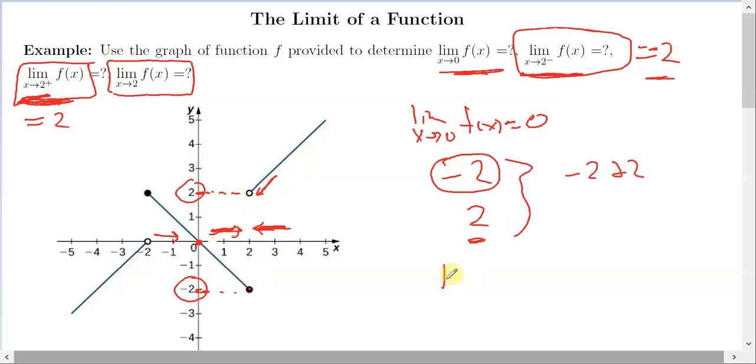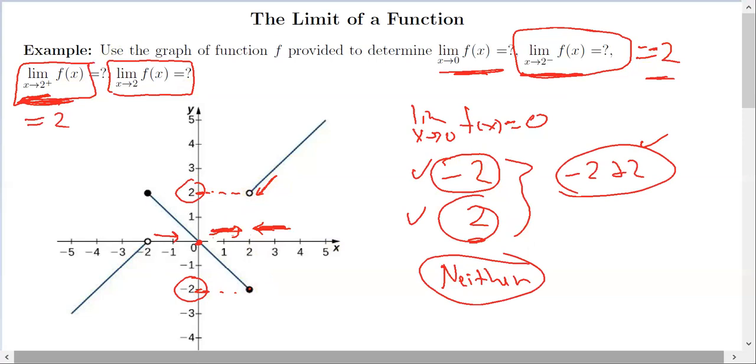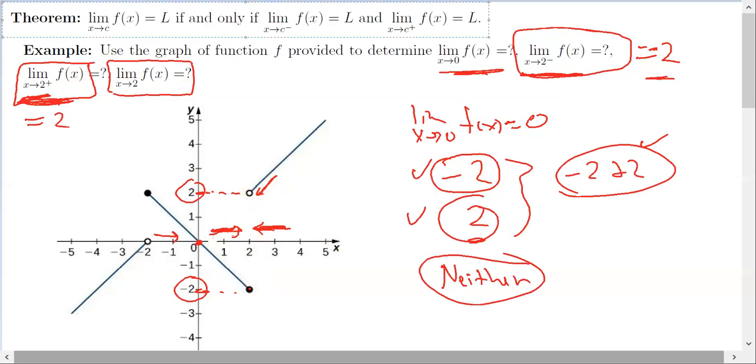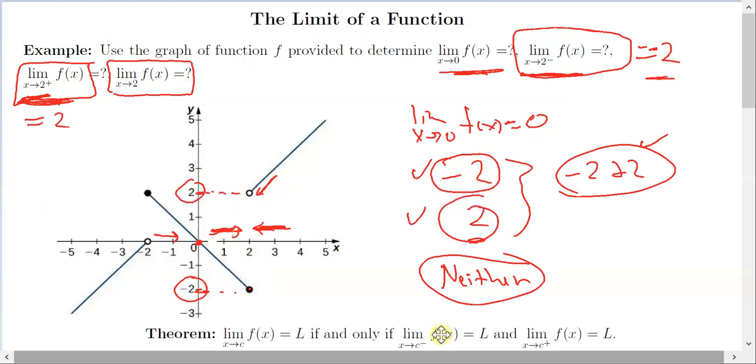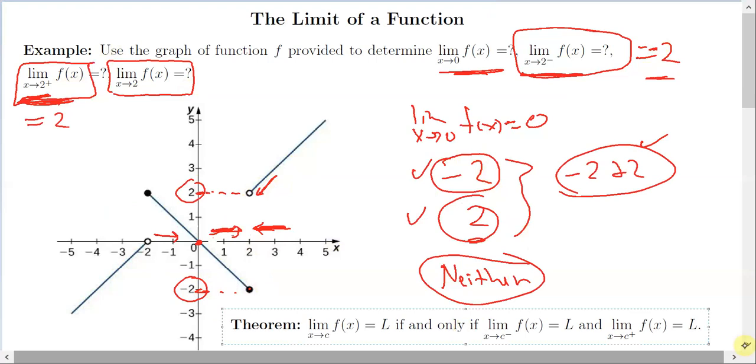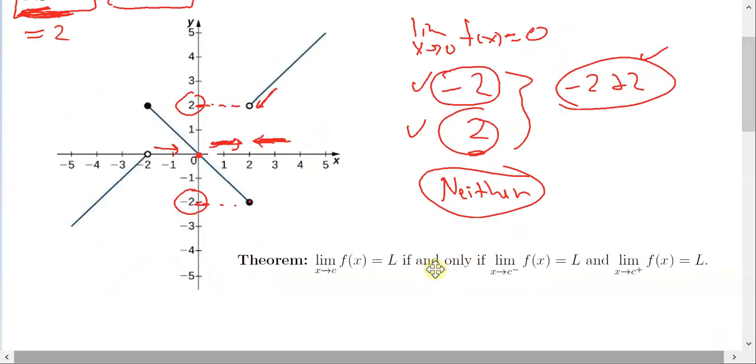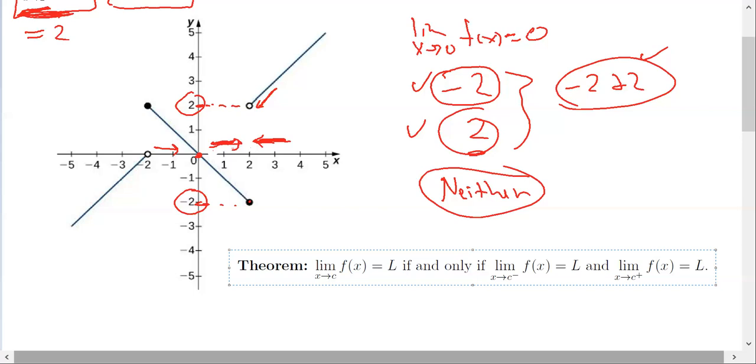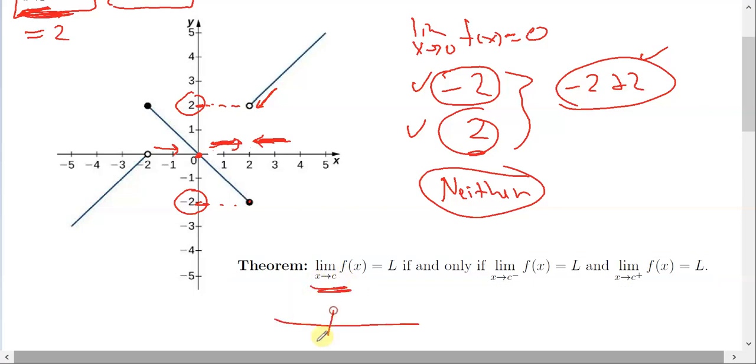Or maybe I just have to say if you can't pick one, then it's neither. So I've got 4 choices here. Is it this, both, or neither? Well, to help us out, there's a theorem that says this. It says that your actual limit, where I don't specify a side, which means when I'm approaching c here, when I don't specify a side, that means I've got to be jumping back and forth from side to side,